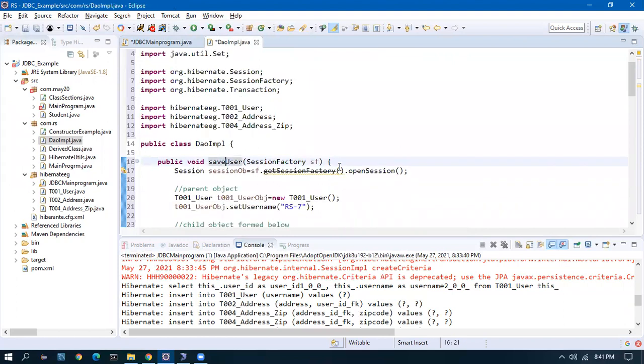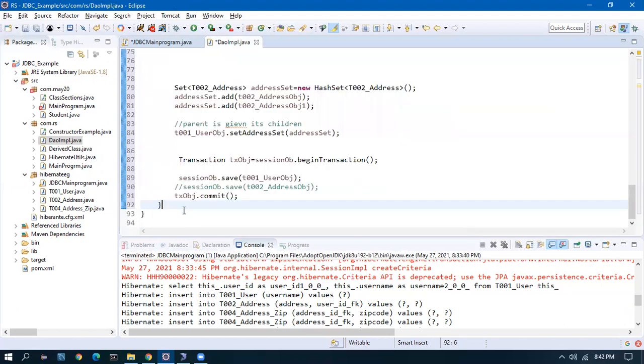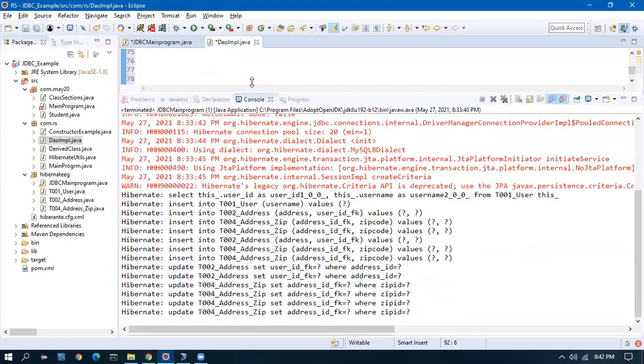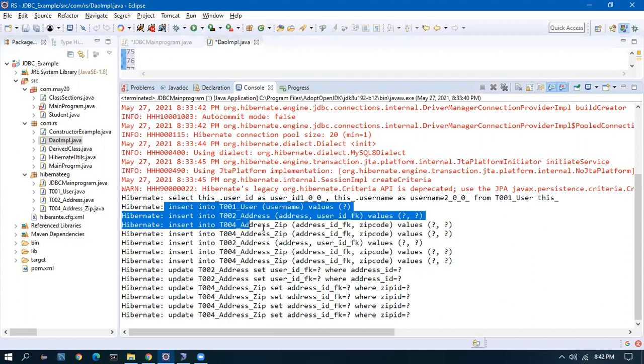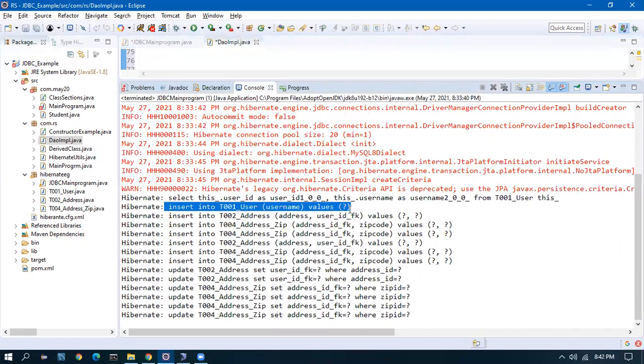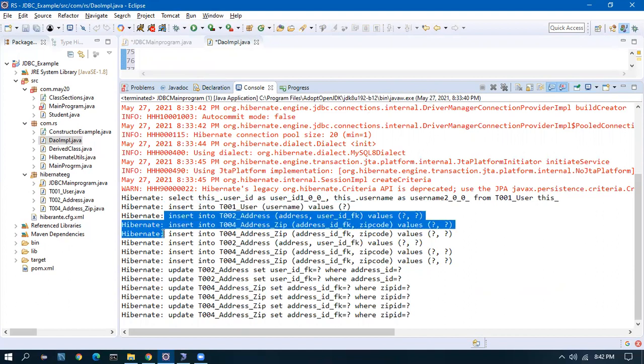In JDBC, we can't write this. We can write queries, but it's complex. The complexity comes here. This is easy. We can easily insert into user. That is straightforward. After inserting the user, I have to know what is the primary key. Beforehand, we will not know it. Okay, because if let's say multiple users are using, we don't know which is the ID which is generated for me for my session, and this ID I have to take and I have to pass it to the children.